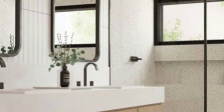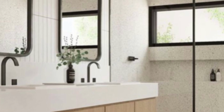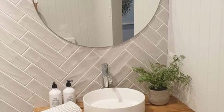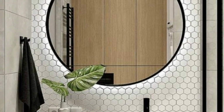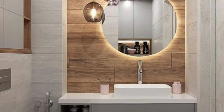Additionally, many IKEA mirror cabinets come with adjustable shelves, making it easy to customize the interior to suit your specific storage needs. Some models also include integrated lighting, which not only enhances visibility but also adds a touch of